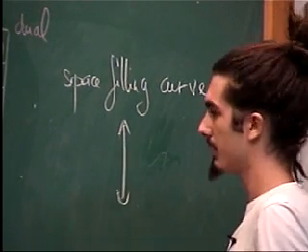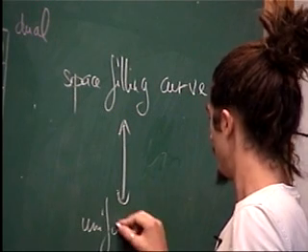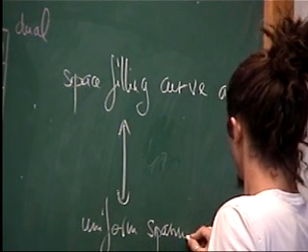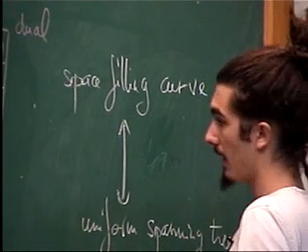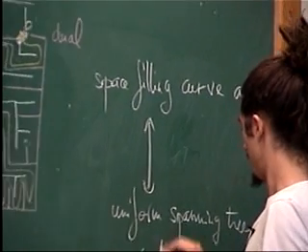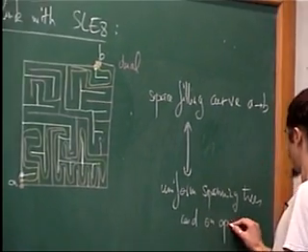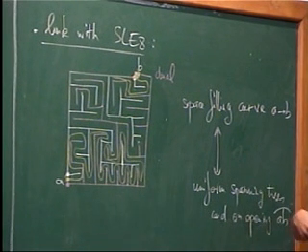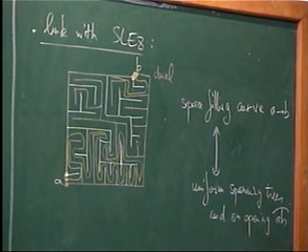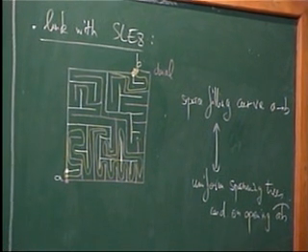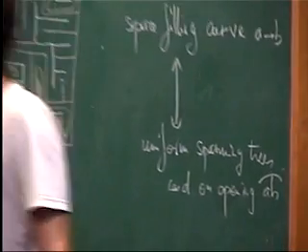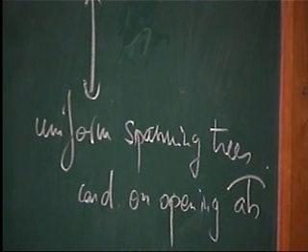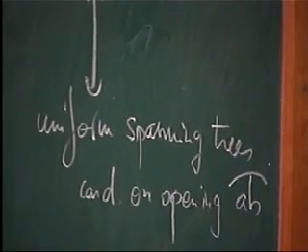One-to-one correspondence, and a uniform spanning tree from A to B, and uniform spanning tree conditioned on the opening AB. Okay, so you have one-to-one correspondence between these two objects. Okay. So the fact is that to get the convergence of space filling curves to SLE8, as we already saw